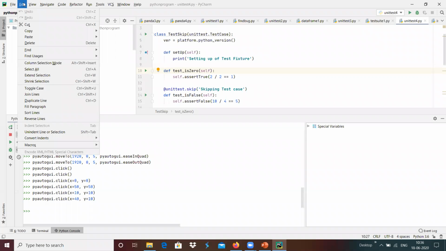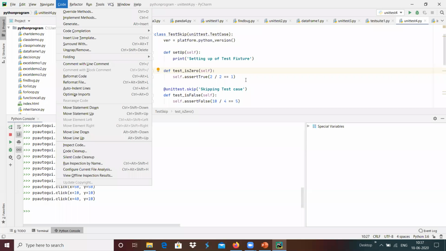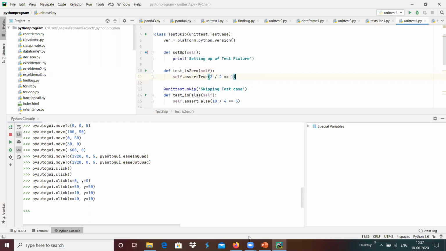Like that we can do this automation with the help of PyAutoGUI, which generates keyboard events and mouse events in a programmatic way so that we can write the complete test cases and confirm that our functionality is working fine. That we will see one by one.